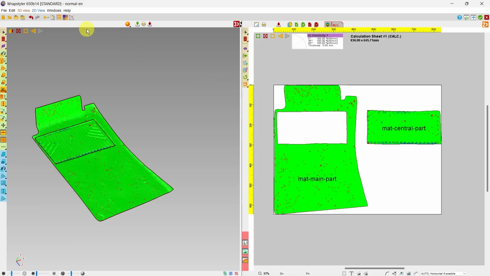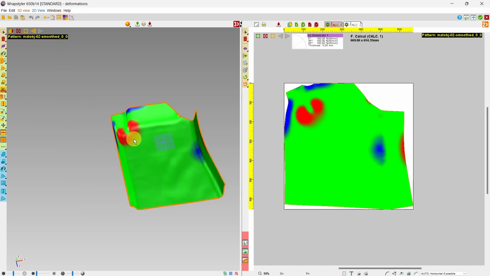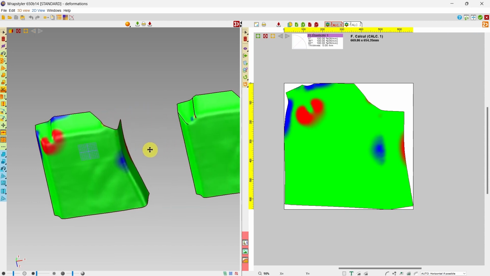I will show you quickly a more obvious example of deformations here. You can see on this example that the deformations are strong in the corners. So unless I use a very flexible material, the patterns probably won't work. To make them doable, I would need to add cutting curves, probably around the corners. This would reduce significantly the amount of deformations, as you can see here.